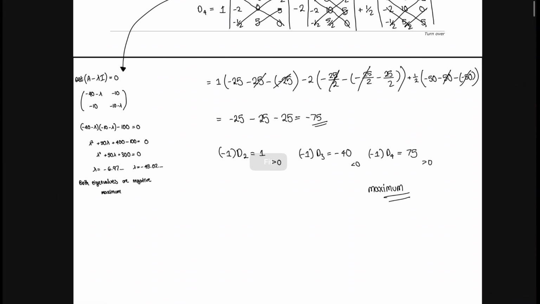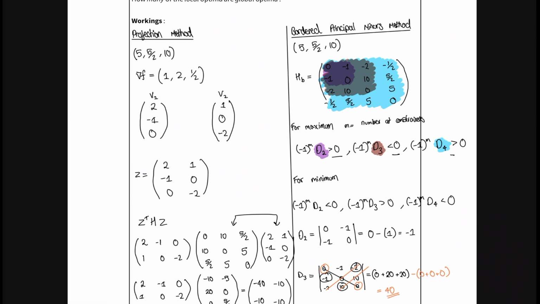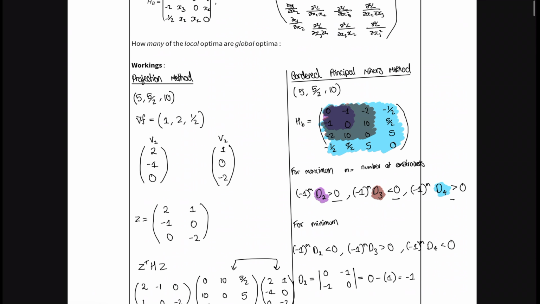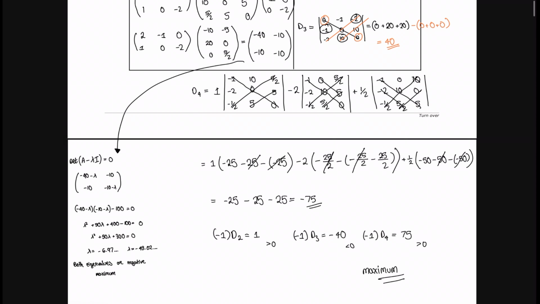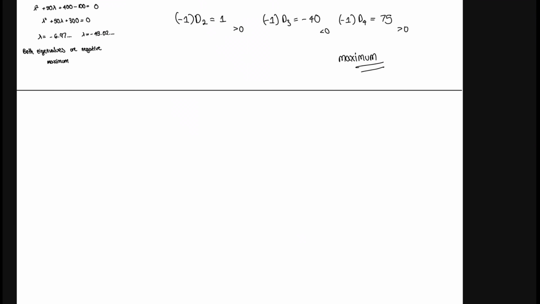So we just used these two methods. We looked at the bordered principal minor method, which gave a maximum, and when we used the projection method, we also got a maximum, and you can choose whichever one is easier for you. Cool. If I now move on to our next solution, for example